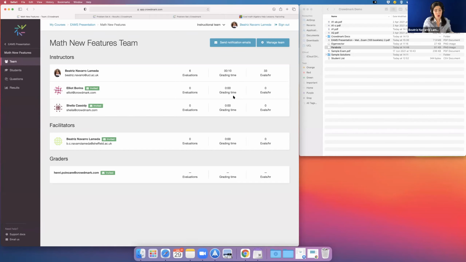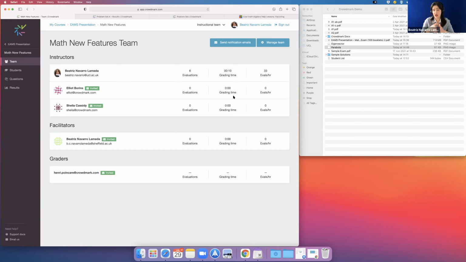In some universities, when we pay markers by the hour, this is very important, because now you actually see how much time they're spending. Many TAs tend to overwork and they spend more than what they're supposed to do, and then some spend a lot less. So maybe you can balance things out much better using this, or just for yourself to have an idea of how long it actually takes to mark.